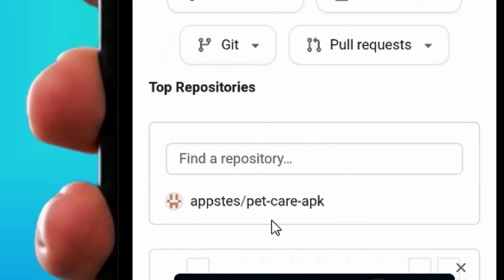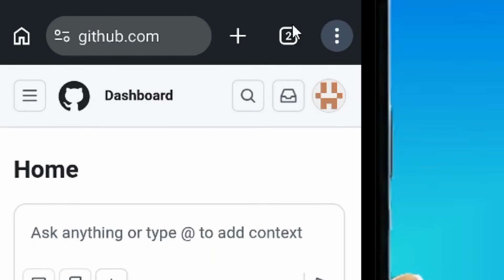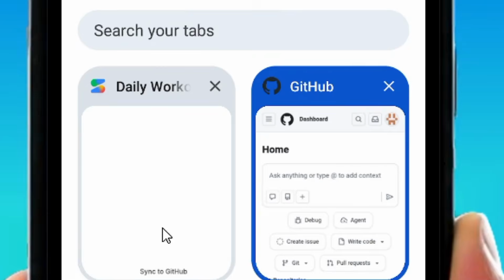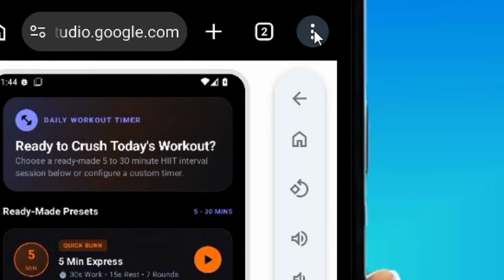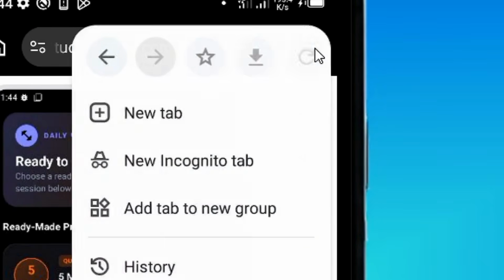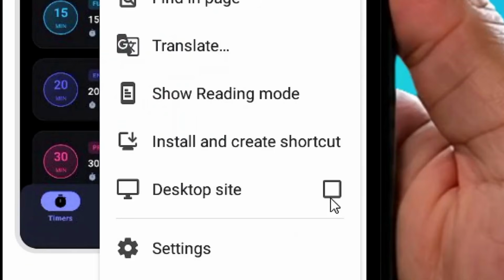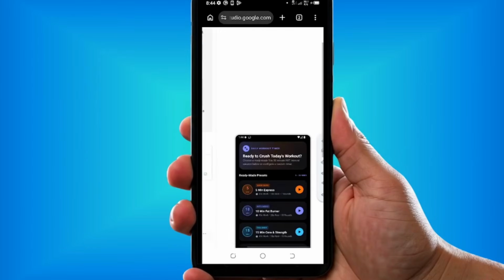From here, you can see the repos that you have created. Now that you have successfully logged into your GitHub, simply come here to where I have this, and tap on the tab. Okay, and let's go back to Google Studio by tapping on it. It's going to bring you right here to Google Studio. Come here and tap on the three dots again. Then over here, scroll down, and then come here and tick this box to check the desktop site. So when you are in the desktop site,